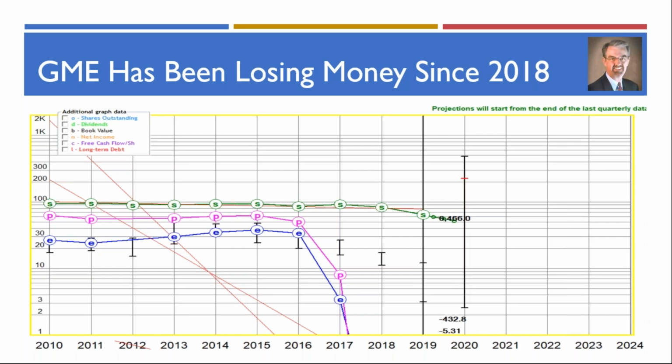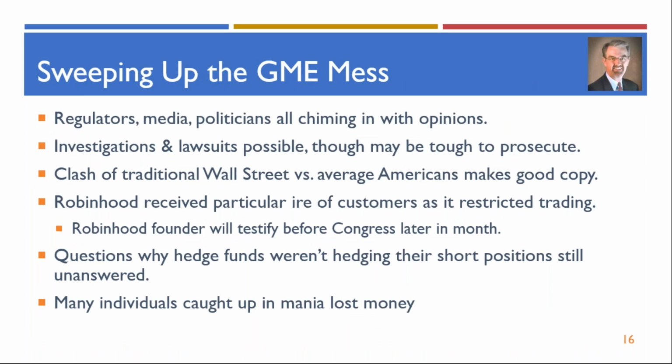From our perspective, this just looks like a disaster. This is not a company that we would be taking a look at. Simply, one, it's not making money. Two, it hasn't made money for a couple of years. Three, the prospects of it making money are uncertain. Four, revenues have been slowing. So you kind of add it all up and say, yep, this is not really a company that we're interested in from a fundamental perspective.